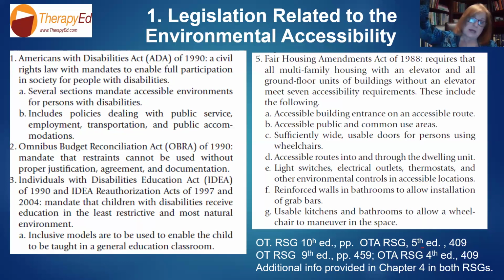Accessible locations are not things that are very high or very low. And I'll have the picture of the wheelchair on how high a person from a wheelchair can reach, and particularly how low they can reach, which is a big issue for plugging in things. Many plugs in many homes are too low to be safely reached from a wheelchair without running the risk of tipping it. So in any building that's multifamily or ground floor without elevators, the outlets have to be raised for the person to be able to reach them. And I'll give you the dimensions of that when I show the picture of wheelchair reach.